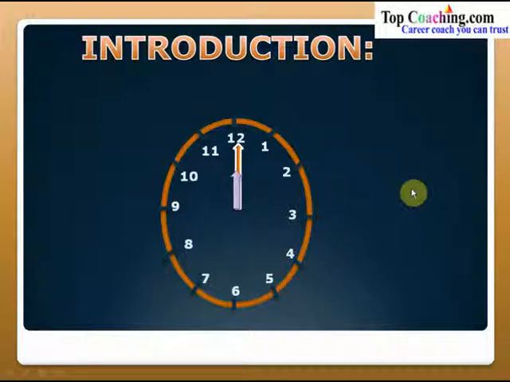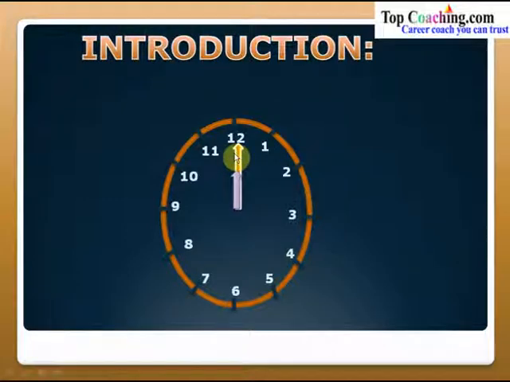Before we go into solving problems based on clocks, it's important for us to understand some of the very important facts about the clocks. I'm pretty sure that you must be knowing all this, but there's no harm in revising them. So, first let's understand the basics of a clock. As you can clearly see, there are 12 big divisions 1, 2, 3, 4, 5, 6, 7, 8, 9, 10, 11 and 12 on this clock, and each of these divisions denote the hour. So this division denotes 1 o'clock, this denotes 2 o'clock, this denotes 3 o'clock and so on up to 12 o'clock.